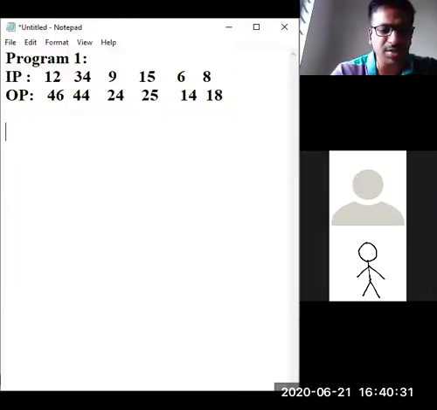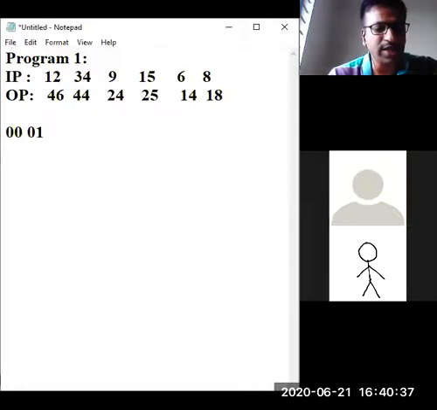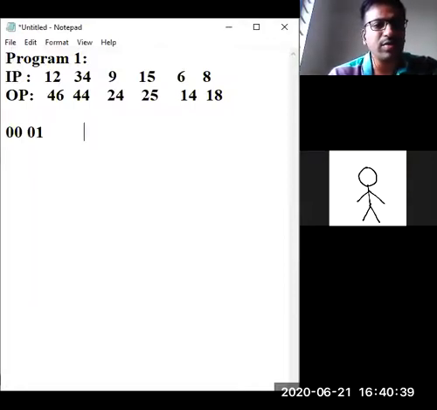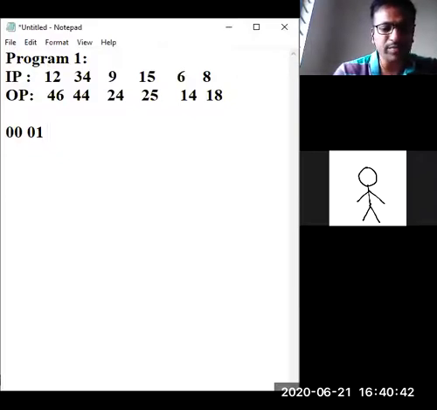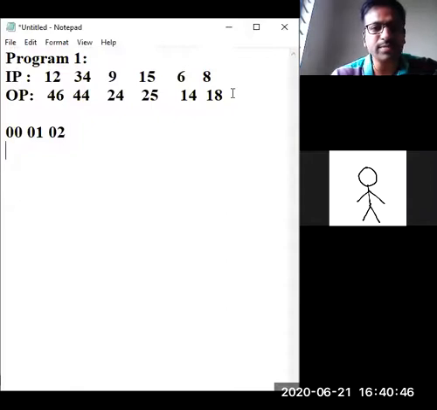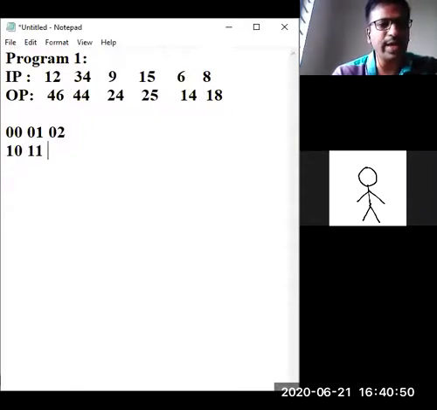If I am giving the respective positions, you should be aware of 0 0, 0 1, and then 0 2, and then 1 0, and then 1 1, and then 1 2, and then 2 0, and then 2 1, and then 2 2.